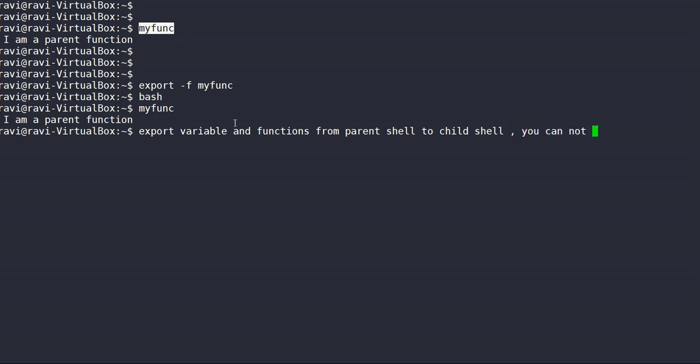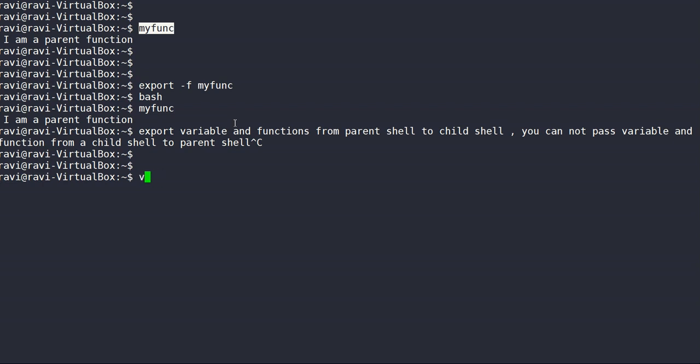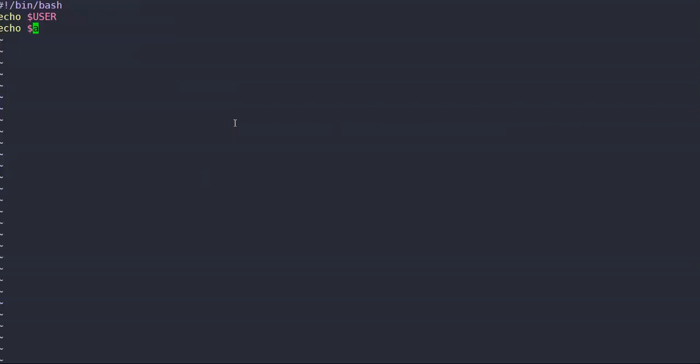It means you cannot pass variables and functions from a child shell to the parent shell. Let me show an example. I have a script.